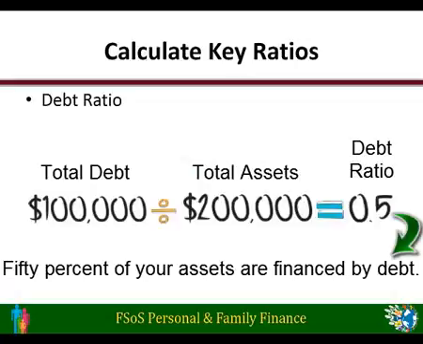It's important to note that debt used to build assets, such as a home mortgage, is different than debt used for regular consumption, such as credit card debt. The former adds to both sides of the equation. A home gives you both an asset and debt, while the latter, consumer credit card debt, adds only to the debt side and very little to the asset side.